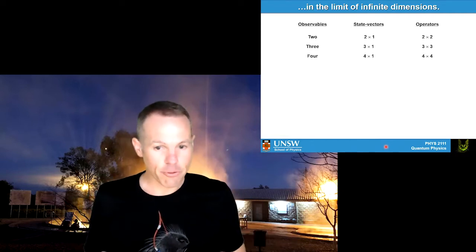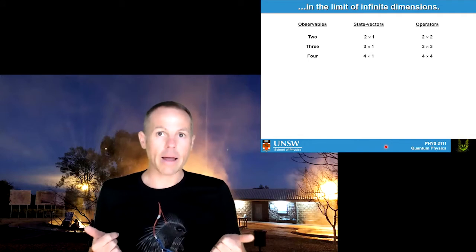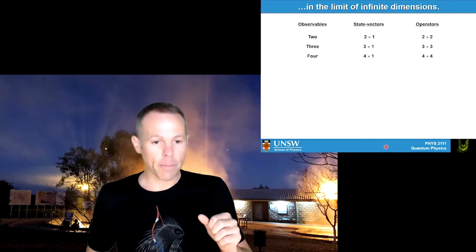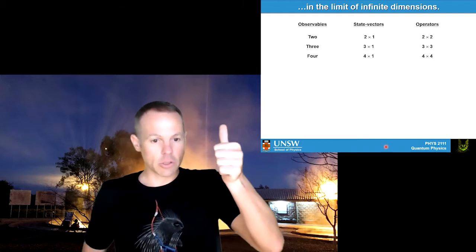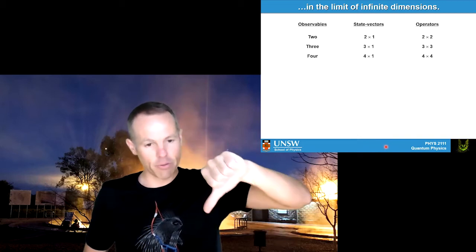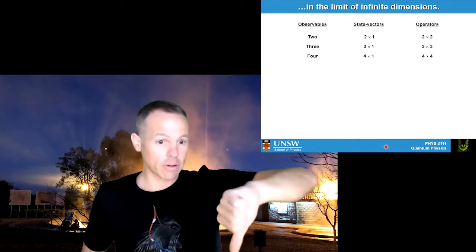You can take that one step further. So now imagine you've got a system that's got 4 observables. So you might have a system where you would have what we call spin 3 halves. So you'd have a spin of 3 halves up, a spin of a half up, a spin of a half minus, and a spin of 3 halves minus or 3 halves down, okay?